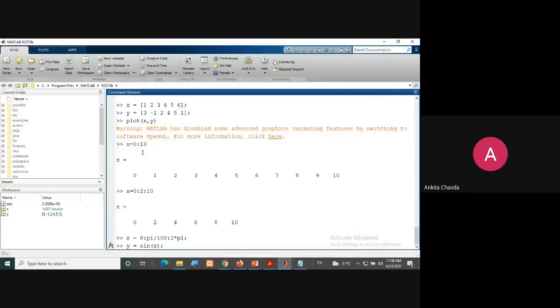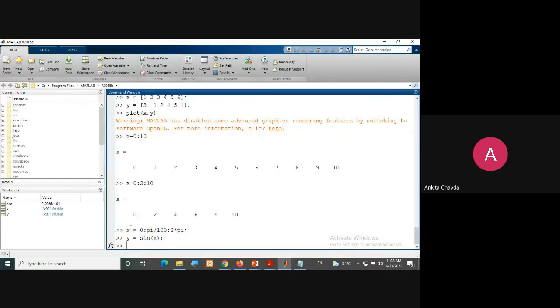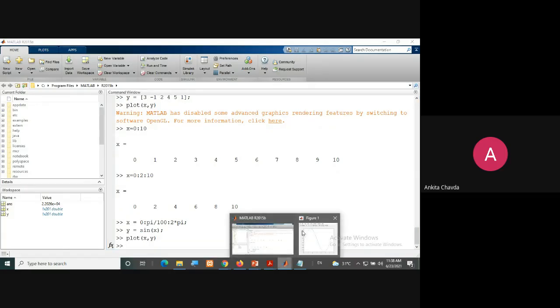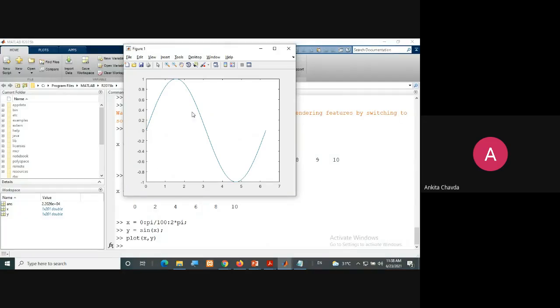So this is for your x-axis, this is for your y-axis, and now you are plotting it. So simple: plot x comma y. You will get this sine wave. Any doubt in this?